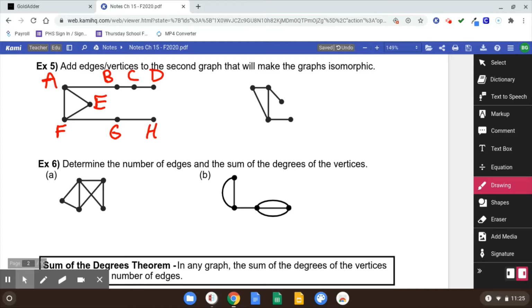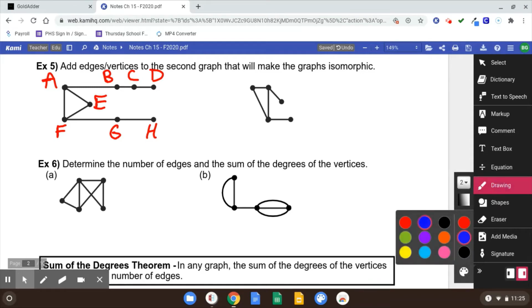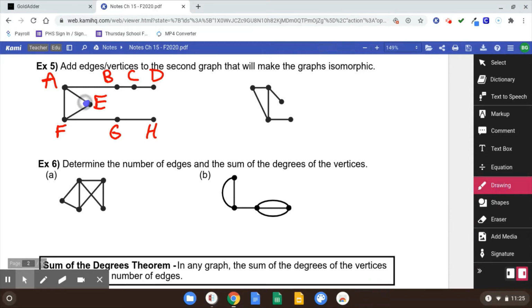Okay. But in order to do this, you need to pay real close attention to the relationships. One way to look at that is the degrees. This one right here is a degree 2, and it's connected to a 3 and another 3. So I might, in this graph over here, look for a degree 2 that's connected to a couple of degree 3s. So I might label this as E prime. That's my degree 2, and maybe this is A prime and this is F prime. I've got a degree 2 connected to a couple of degree 3s. So then